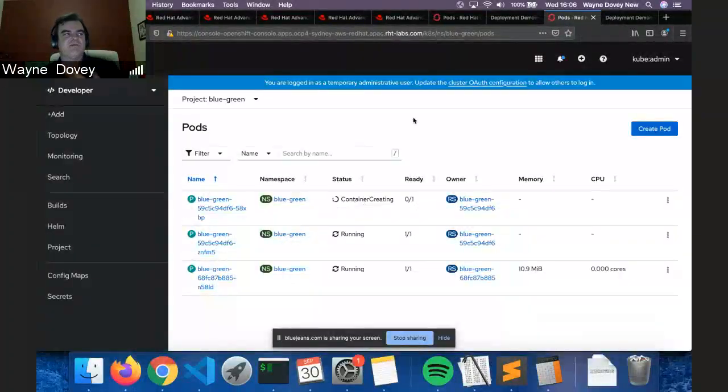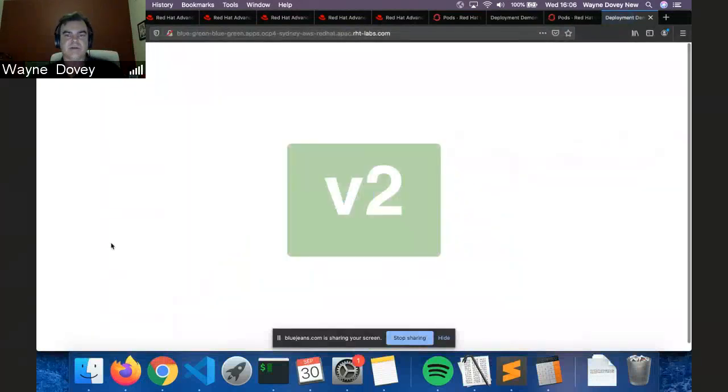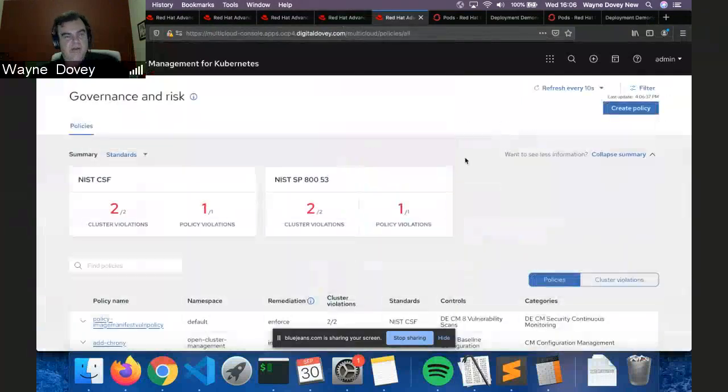Now this sort of stuff wasn't really possible before the product. It was a very hard thing to achieve, but you can see how simple it is to create those labels and placement rules, use well-known artifacts, and deploy an application quite simply. So it worked pretty well. Seems that the demo gods are smiling on us.